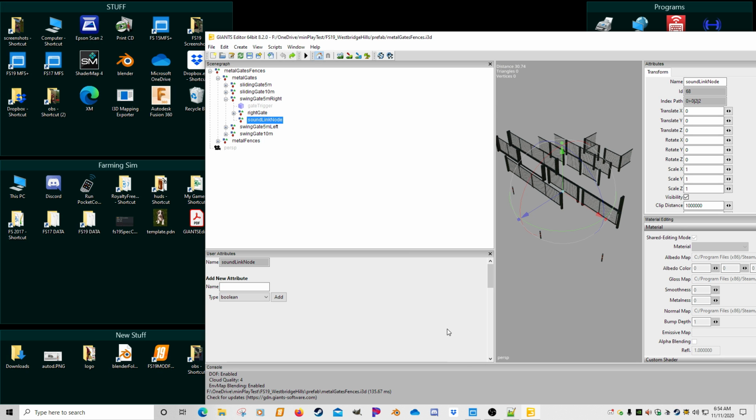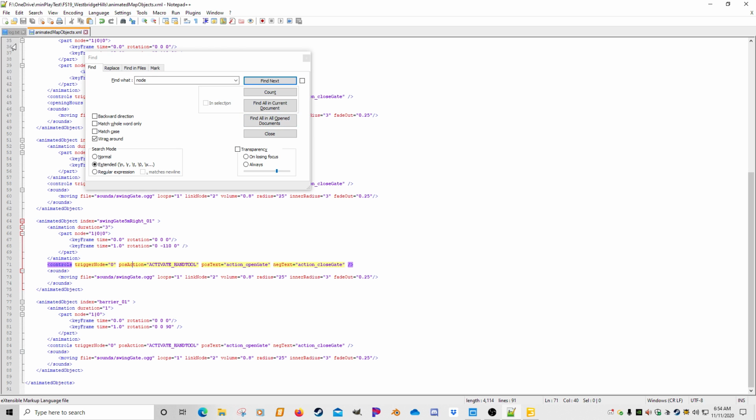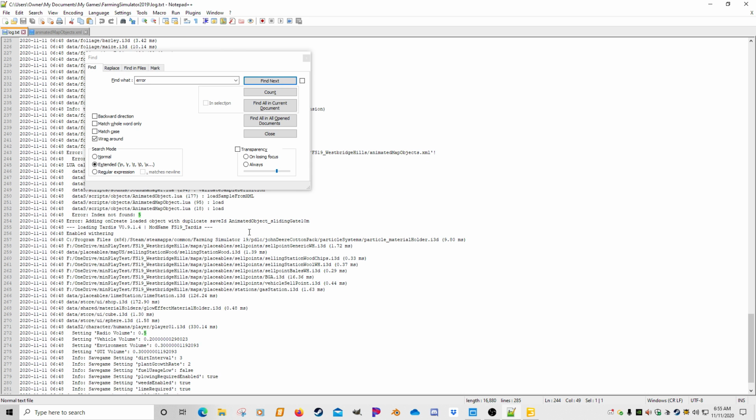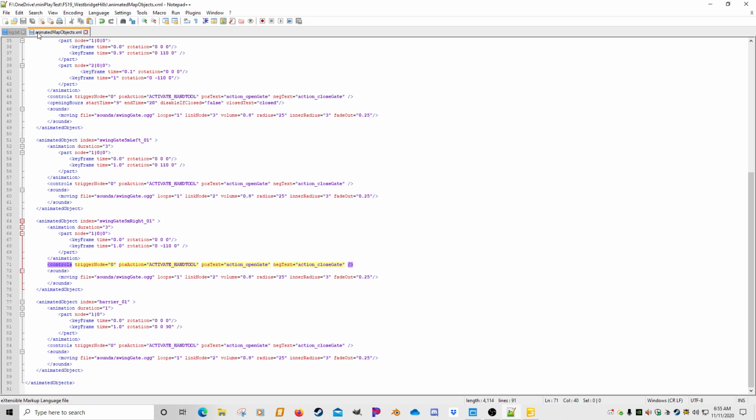go back to our log, and I hit error. I think that's all we had. It could not find that index because it was calling it save ID, and it's saying we couldn't find child 5 because there's only 3 childs given. And once again, it's just saying error index not found 5. So I'm pretty sure we save that. If we get back out of here,